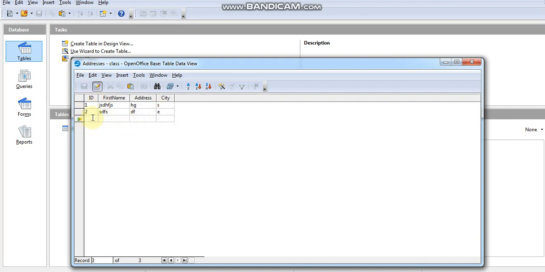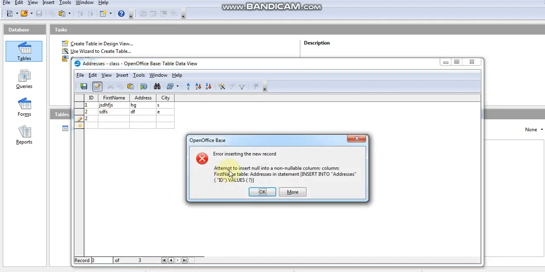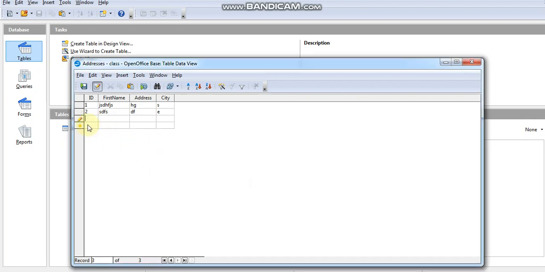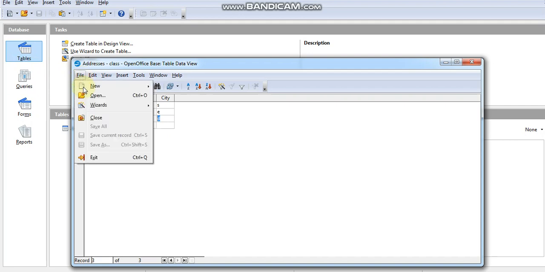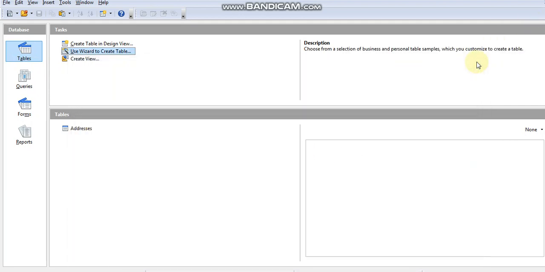Now see if I give 2 again and I try to insert the value, it is not going to allow me to insert a duplicate value because ID has been inserted as a primary key. So it is going to check for any duplicate value. So here if I insert another number which is not already existing in this field, it will be accepted. And if I have entered all the data, I can close this, or I can save the file beforehand,